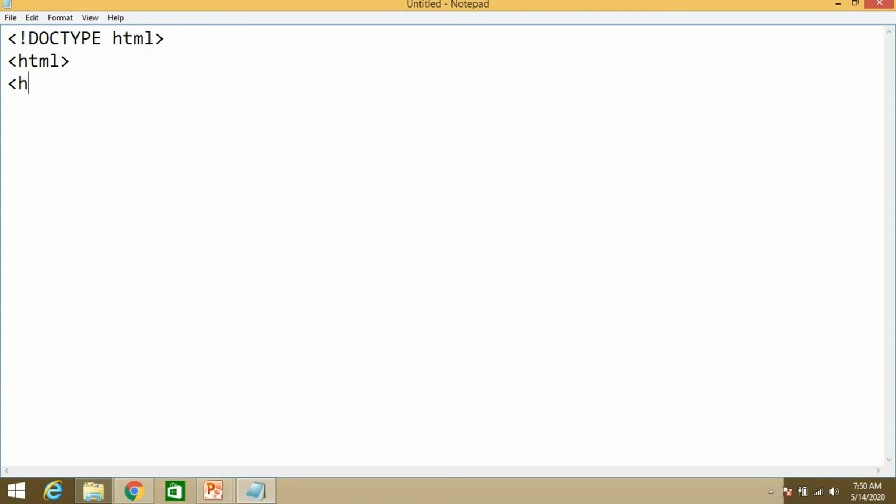To illustrate it more, we have HTML, head, and I'm not going to write the title over here, so style. Then we have the paragraph, P. What I am writing is display, the property, and the value is inline.